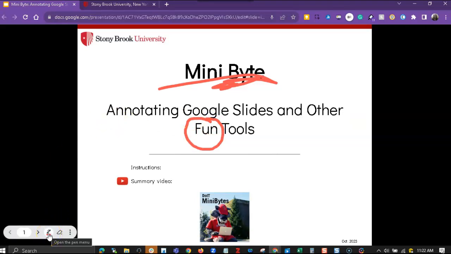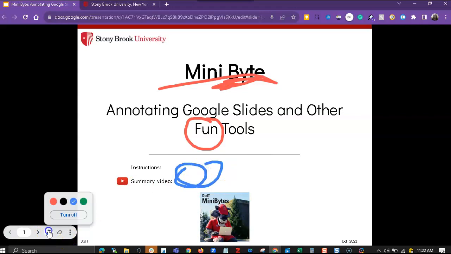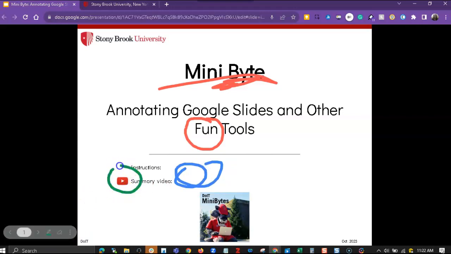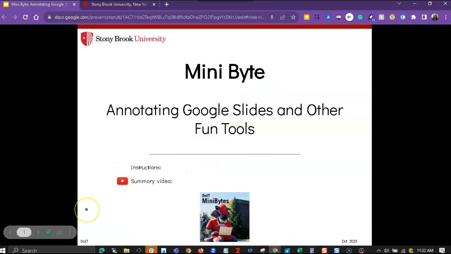I can also change the color. So if I click on the pen menu, I can change it to blue. And I can also change it to green. And then there's the erase button right here. Click on erase, erase all. Okay. The next thing I can do